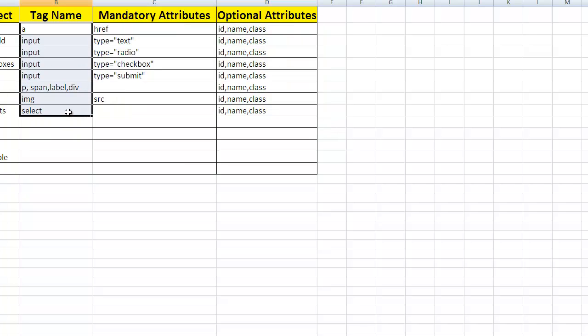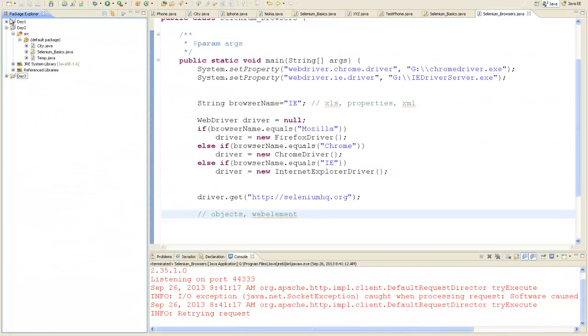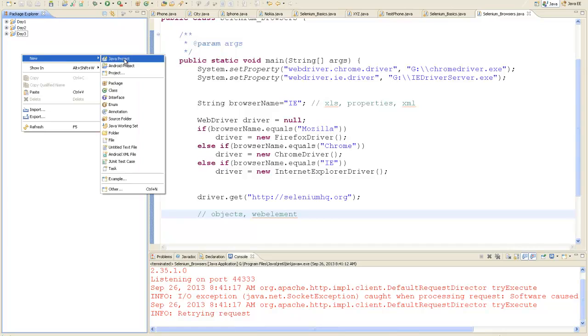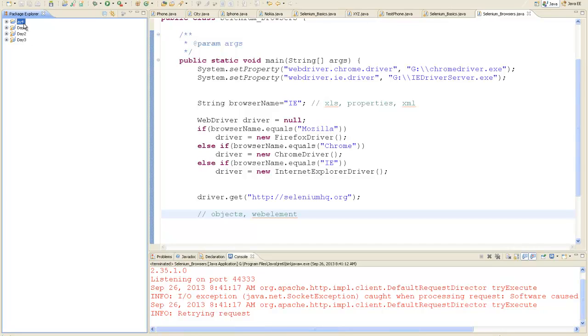Now, how do I identify the objects using these tag name, mandatory and optional attributes? Well, let me open up my Eclipse and make a project called day 4. Oh, I spelled it wrongly. Look, if you have to correct your project name or your Java file name or any name,